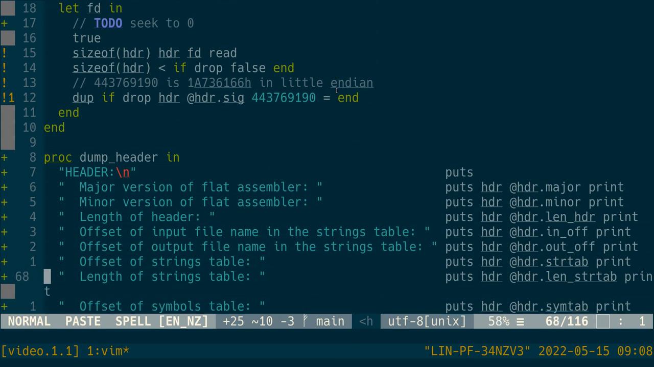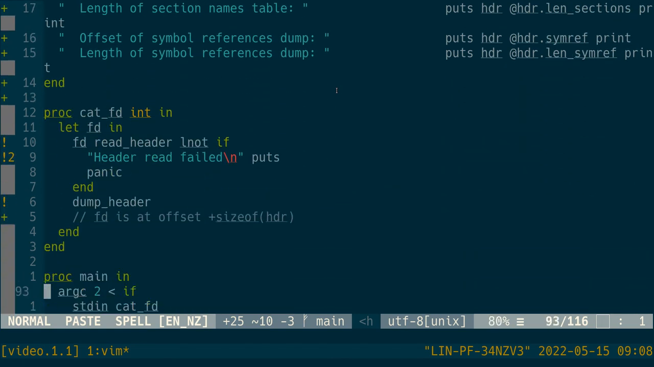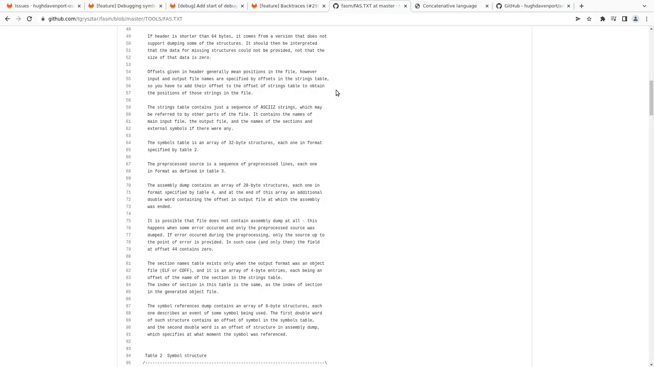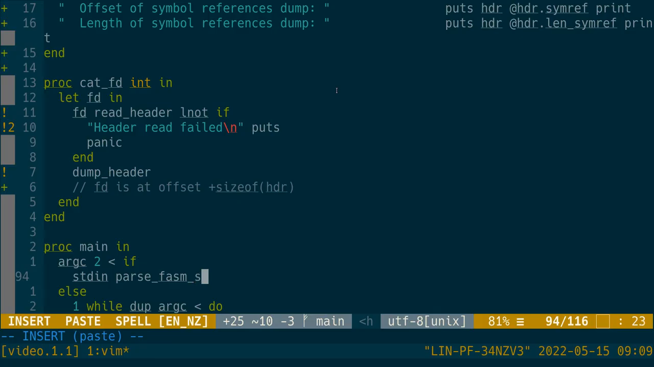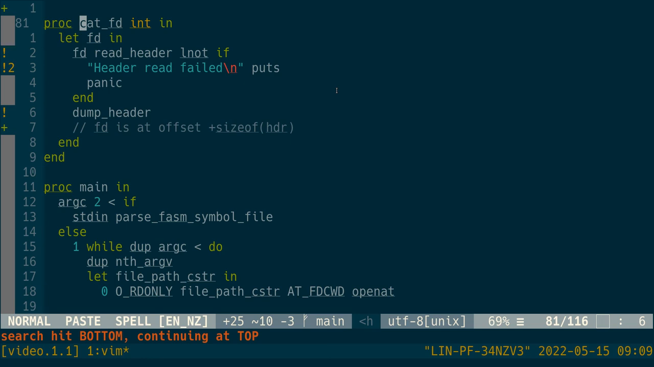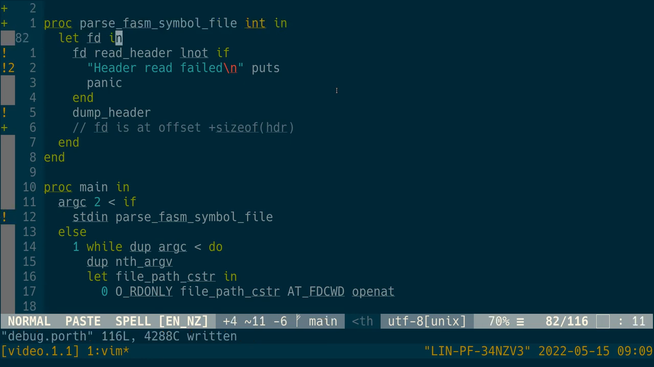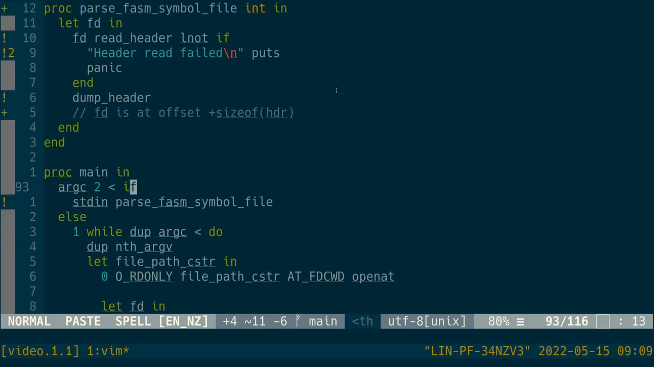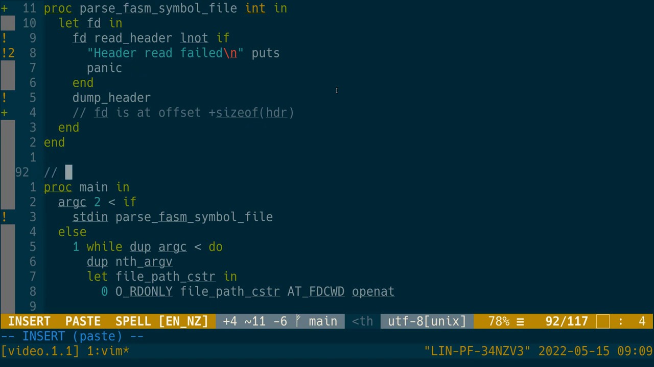Alright, and let's change catfd to not catfd. Parse fasm symbol file, and we'll just change all that. Yeah, so that is just all that. So the main can kind of stay how it is, and I might even